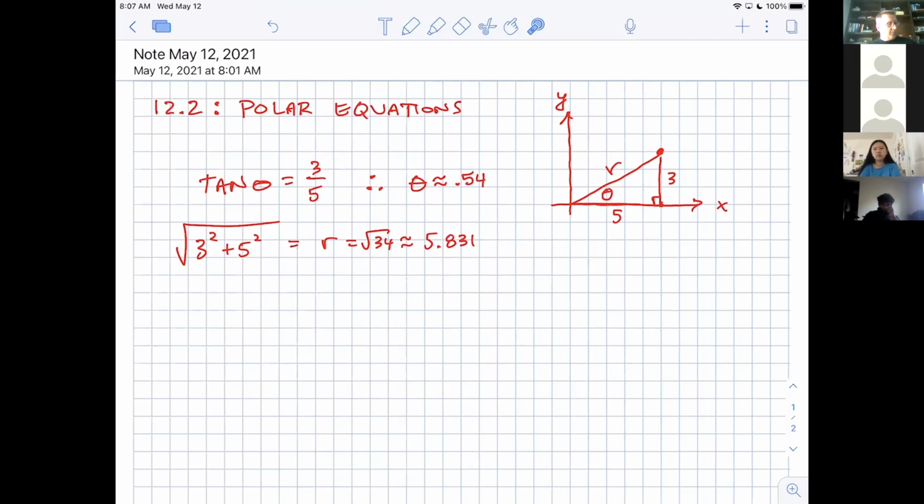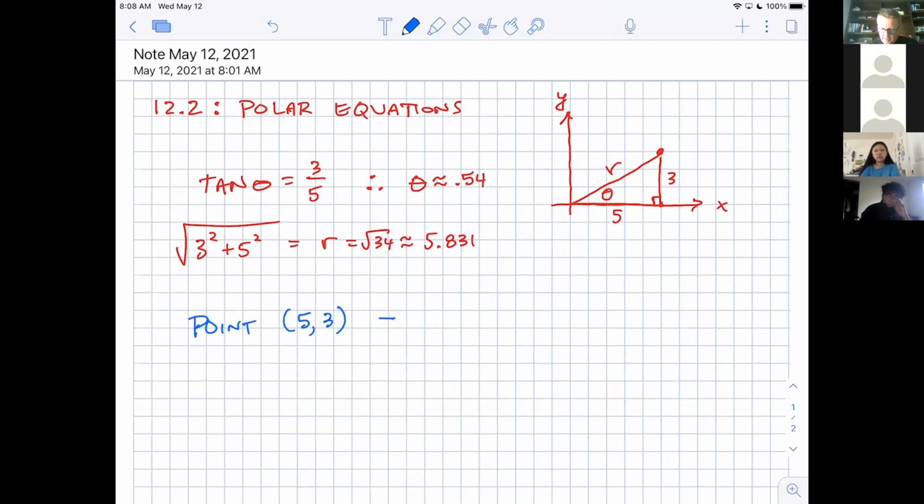So how do we list the coordinates of that point? We used to say that the coordinates of that point were (5, 3), and we call that an ordered pair because (5, 3) is not the same as (3, 5), and it's a pair of numbers. It takes 2 numbers to describe that point. It'll take 3 numbers to describe that point as soon as we go to 3 dimensions in Calc 4,